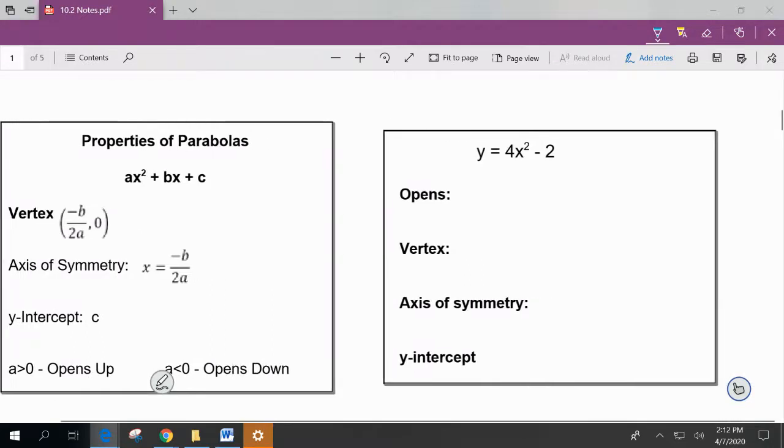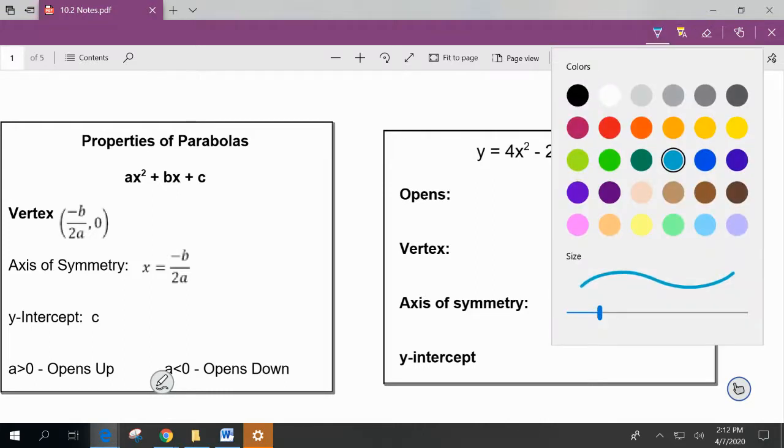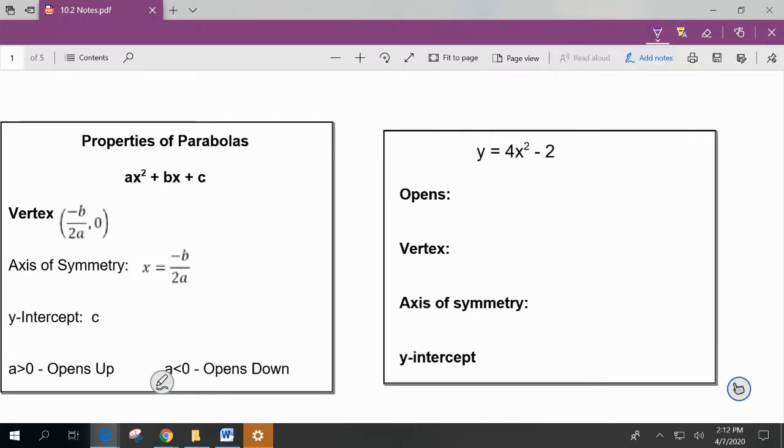So if we look at the first example, y equals 4x squared minus 2. This is going to open up because that first number, 4, is a positive number. The vertex is negative b over 2a. So the equation, remember, goes ax squared plus bx plus c. So negative b would equal the term with x, and there's no term in the middle with x, so b would equal 0